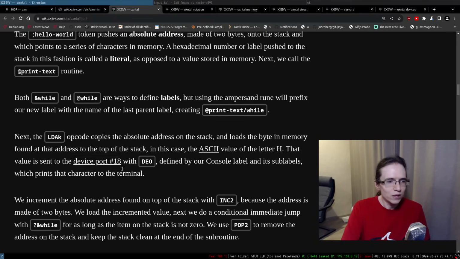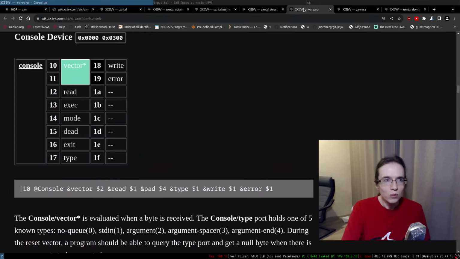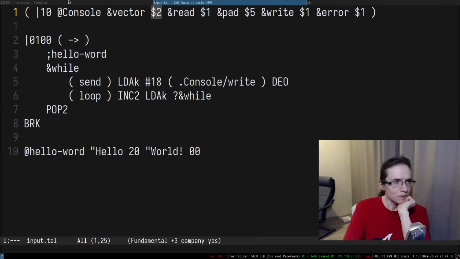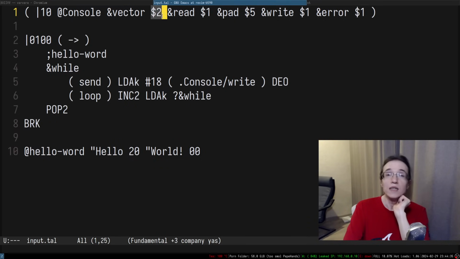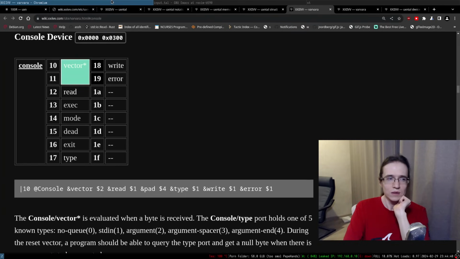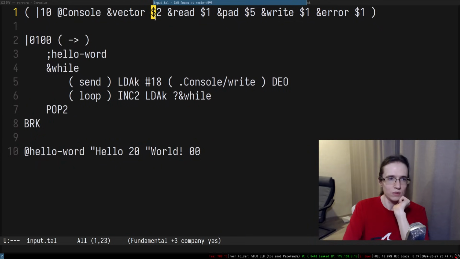All right. Which is a good thing. A healthy dose of gatekeeping is not a bad thing, honestly. Okay, so here, I see. The console device starts at 10. Right, so you have a vector. Is that the width? That might be a width, actually. So you have a vector and they say the width is 2.